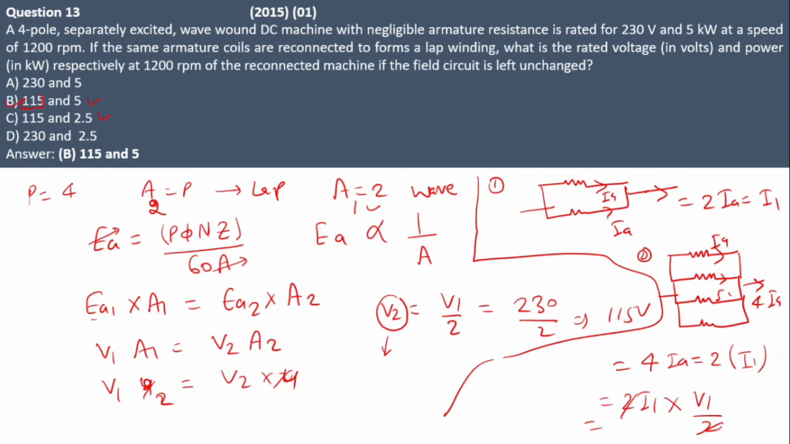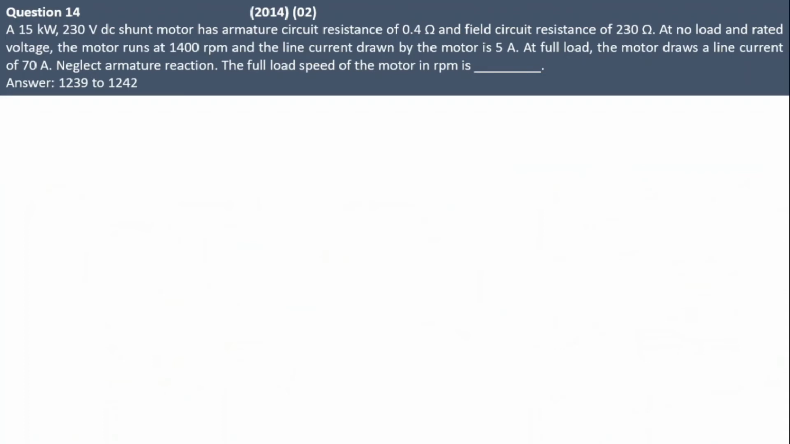So answer B is correct, because voltage is reduced by half and current is increased by twice. So when you find its rating V into I, you will get the same 5 kilowatt. Okay. Next,